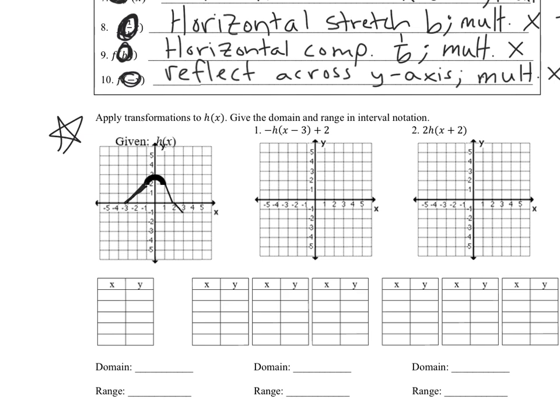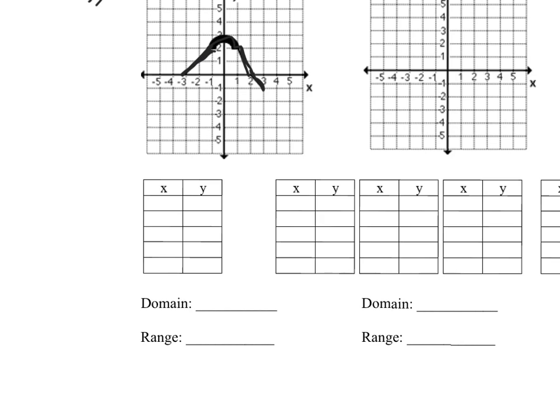It looks like it goes straight up, curves, comes down again, and then jets off to the side. So what I'm going to go ahead and do is get some points from this. I have -3, 0. I've got -2, 1. I've got -1,